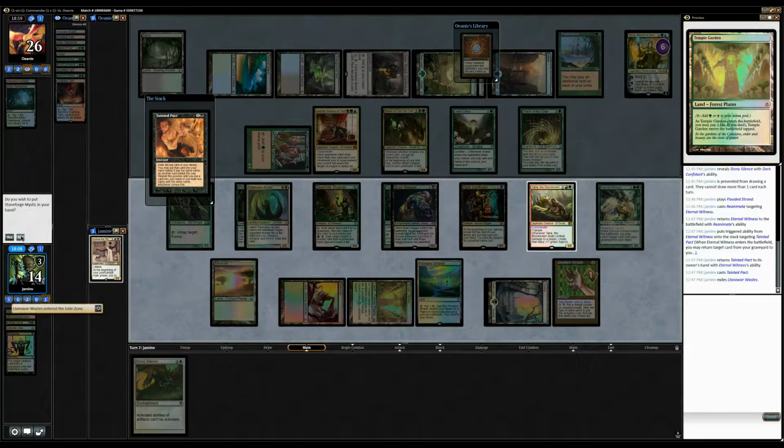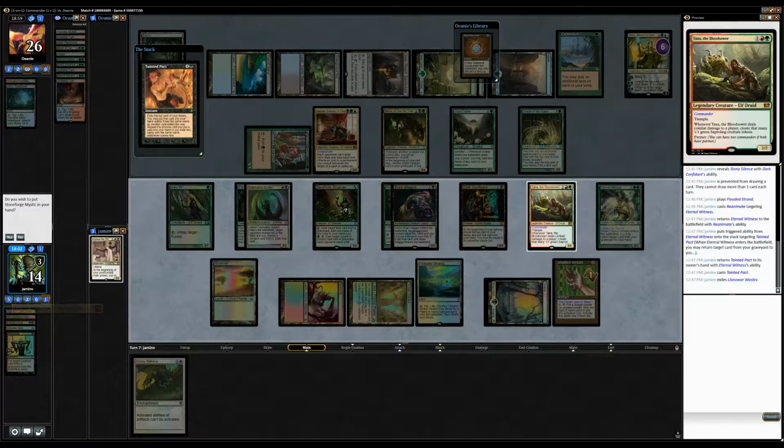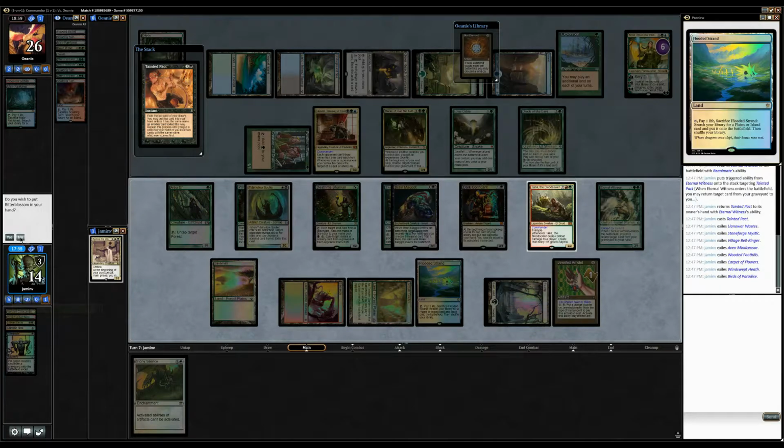No. Stoneforge is close to what I want, but it's a little too slow. I have enough mana to play a Sword of Feast and Famine this turn. Villager Bellringer, no. Haven Mind Sensor, no. Carpet of Flowers might be kind of good. Bitter Blossom. I don't think this is...